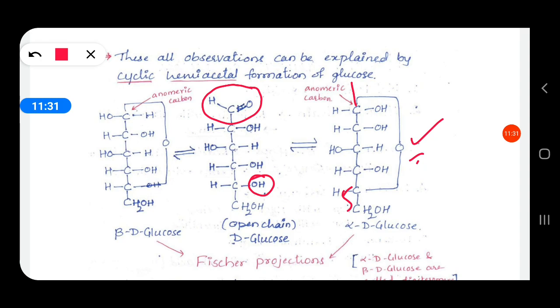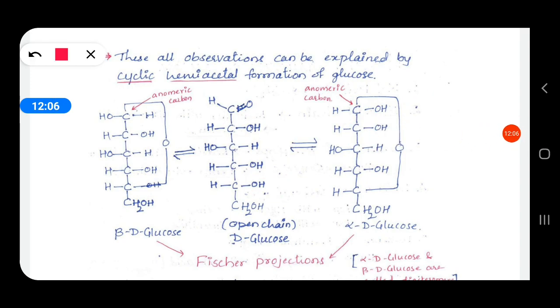Why a 6-membered ring? It is again confirmed by a series of reactions, testing whether a 2, 3, 4, 5 or 6-membered ring is present. Finally it is confirmed that the ring is present between the first and fifth carbon, with the hydroxyl group of the fifth carbon. So the hydrogen is shifted to the carbonyl oxygen and it becomes OH, and a new carbon-oxygen-carbon bond is formed.